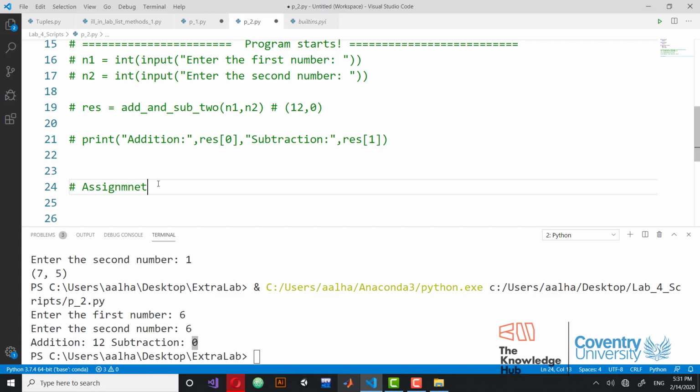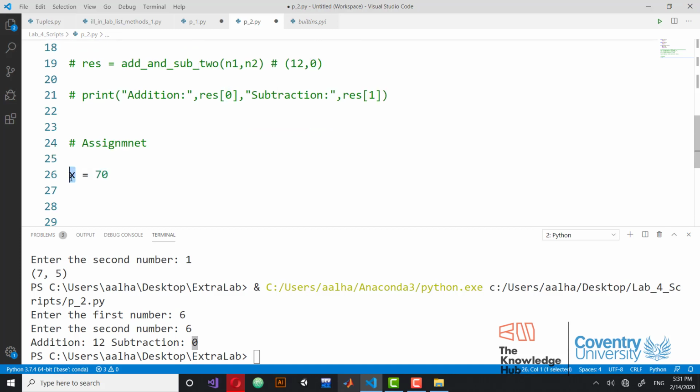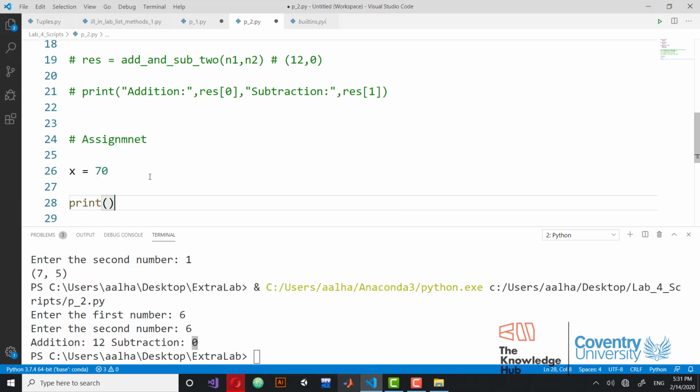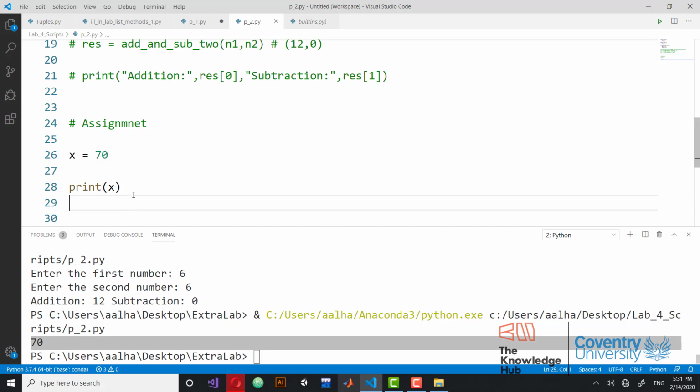Let's say that when we assign a variable, we say something like x equals 70, right? This is called an assignment. We are assigning 70 to the variable x. So basically, if you print x now, you're going to find that x is actually 70, right? But what happens if you say something like 70 comma 90? Will this give you an error, or will this assignment work for the first value? Like, will x have only 70 but not 90, or will it have only 90 but not 70? What's going to happen here